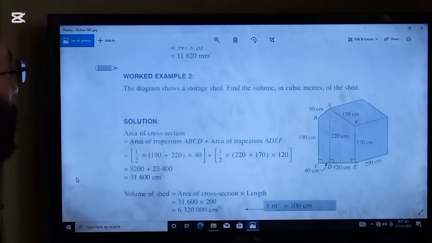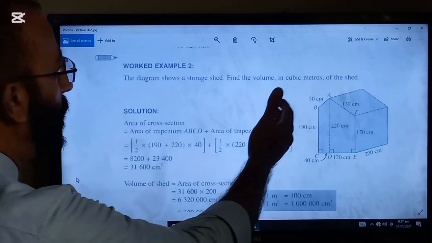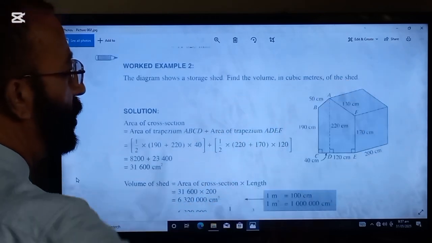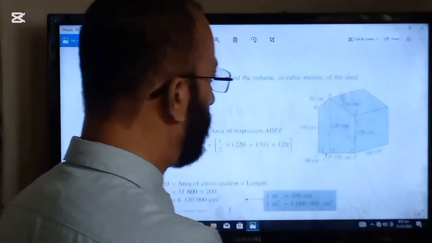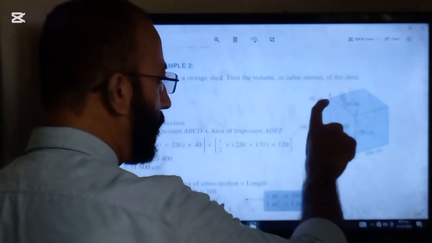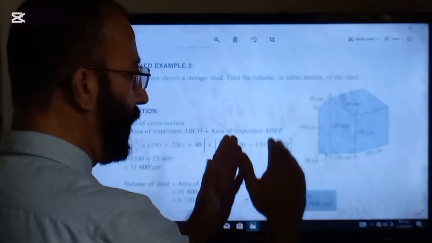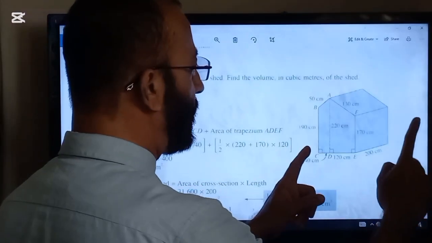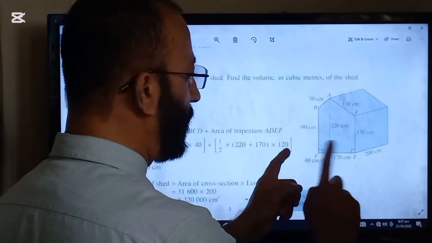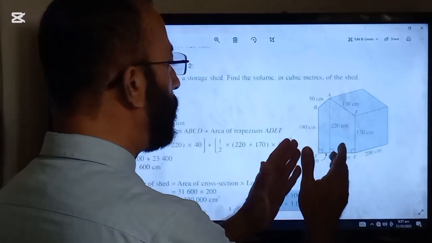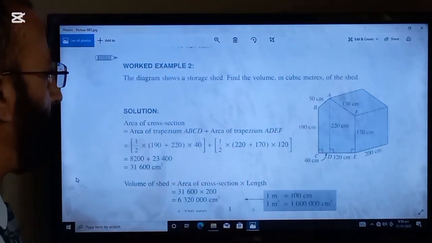Here is another question. The diagram shows a storage shed. Find the volume in cubic meters of the shed. So this shed is like a prism. The front side will be the cross section because front and back will be exactly the same, and none of the other opposite sides will be the same. So the front side is the cross section. So first we will find the